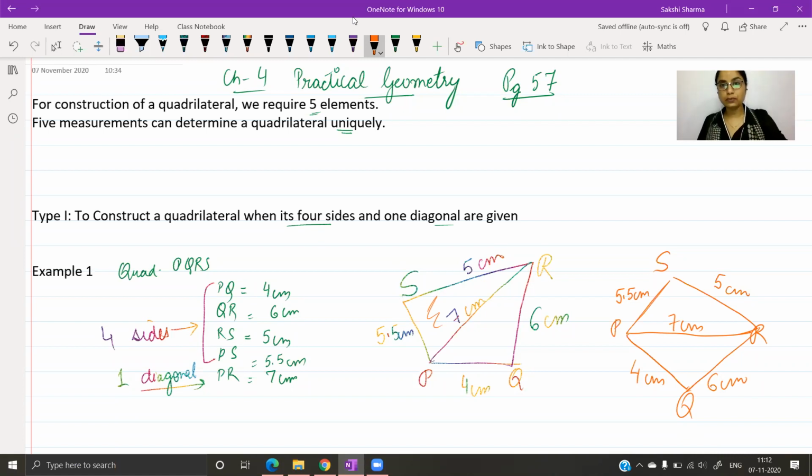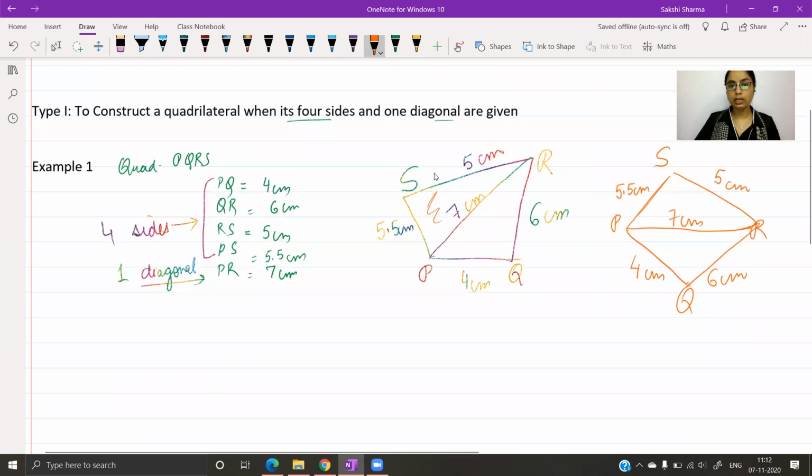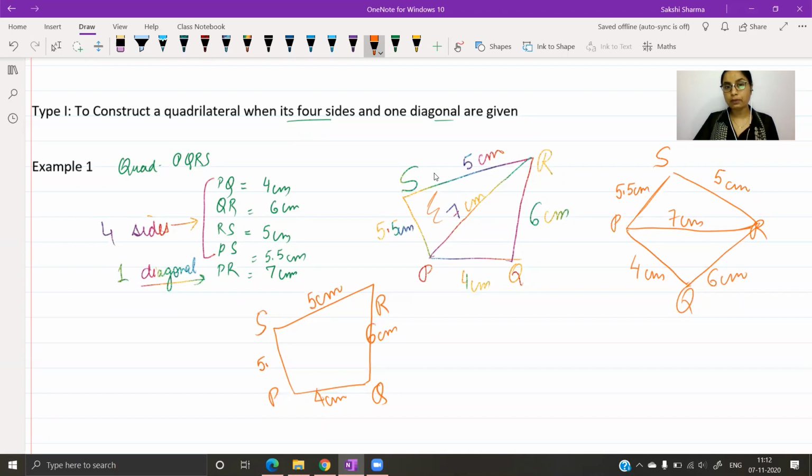Okay, so first of all you want to draw the quadrilateral which you want to construct. आपको quadrilateral PQRS construct करना है, तो एक रफ सा quadrilateral बना के बस उसकी measurements लिख दो. तो मैंने PQRS बनाकर उसकी measurements लिख दी. measurements जो दी हैं उसके according बस labeling की है मैंने. PQ was given 4 centimeters, तो मैंने रफ स्केच में label कर दिया. QR 6 centimeters दिया है, वो भी label कर दो. Then RS is 5 centimeters, label it, and then PS is 5.5.